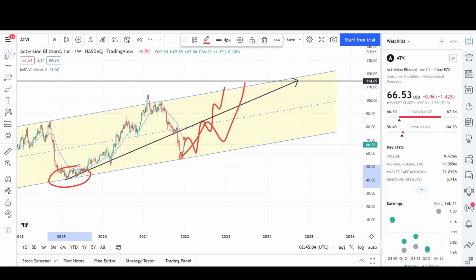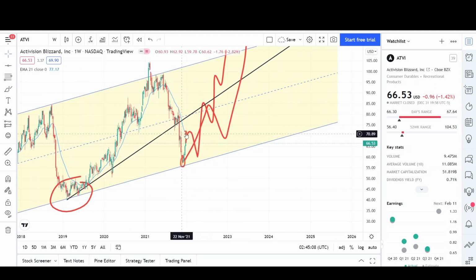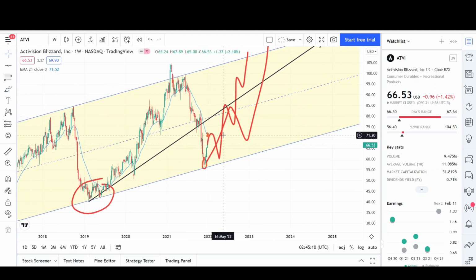Just to summarize it one last time. We're going to see higher prices. I'm expecting higher prices because we're extending from the EMA at least to the $70 level. And then from there, we're going to have to see how it reacts. If we do find some type of support on the daily chart, like I showed you, where we get above the EMA and start trending up to make that second leg up. But even then, from there, we could get that move up all the way to the upper side of the channel. Or what I suspect is